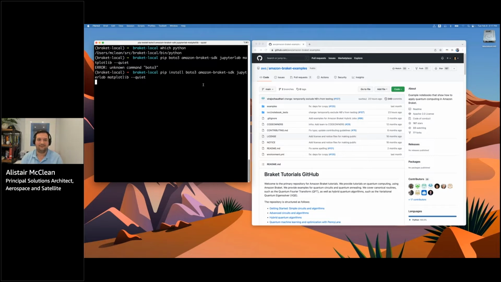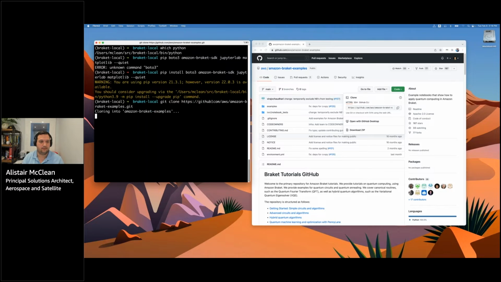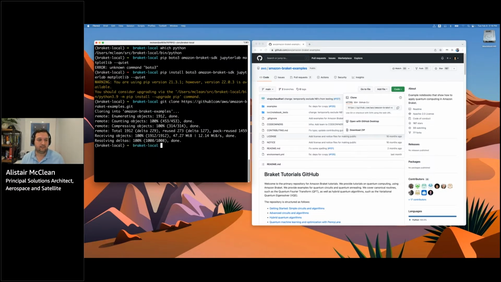Helps if you actually call pip install as well when you're wanting to install these libraries. This is going to take a couple minutes, so we'll come back when it's done. Okay, now that our libraries are all installed, what I want to do now is clone the examples repo from GitHub that we publish. So if we go over to the web browser, we can grab the link and then git clone into the terminal and clone it into our brand new virtual environment. This will take a couple of seconds to pull everything down.